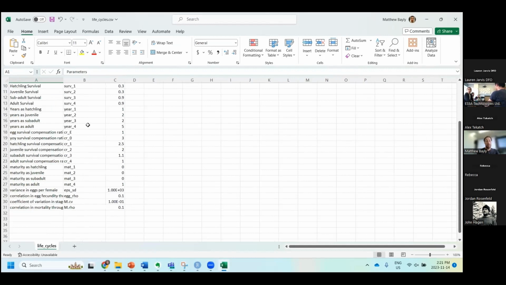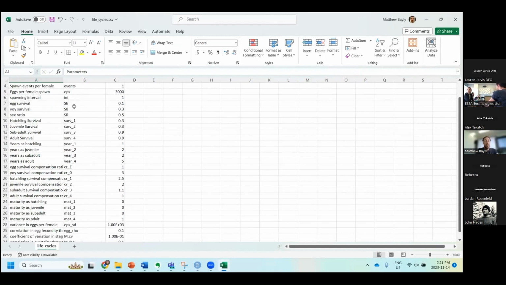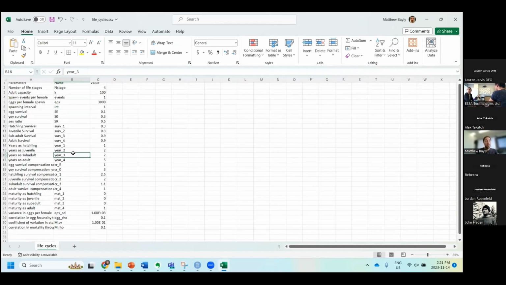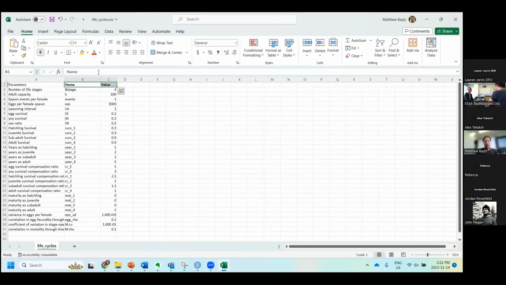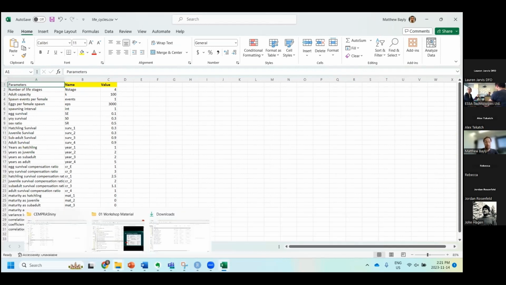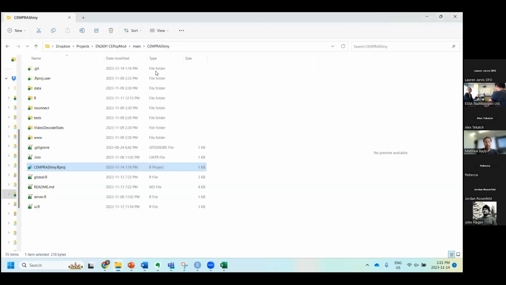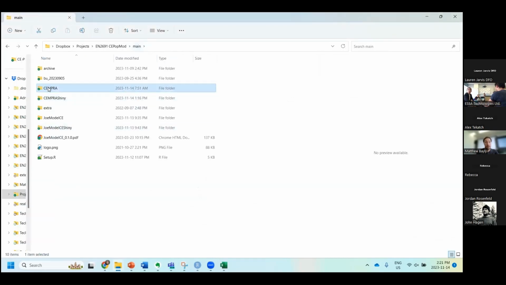Yeah, so this is the sample input file here for the life cycle profile. This is all the information that the life cycle model will be based on. The name and the values column are fixed, but the parameter nicknames you can put whatever you want in there. The idea is that each of these different life cycle profiles will represent a different species or population of interest. So if I load a different one up,